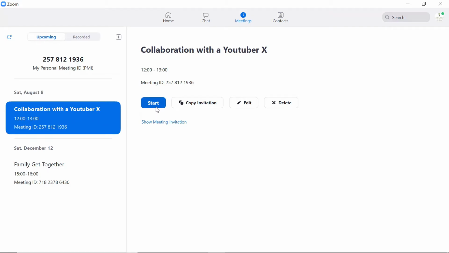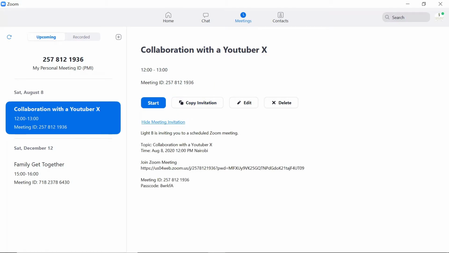When you click on this particular meeting that we just created, you can start it. You can copy an invitation, and when you click copy the invitation, you can share it with people. If you want to see the details of your invitation, just click show meeting invitation. And basically you can copy and paste this invitation's details and share them on WhatsApp